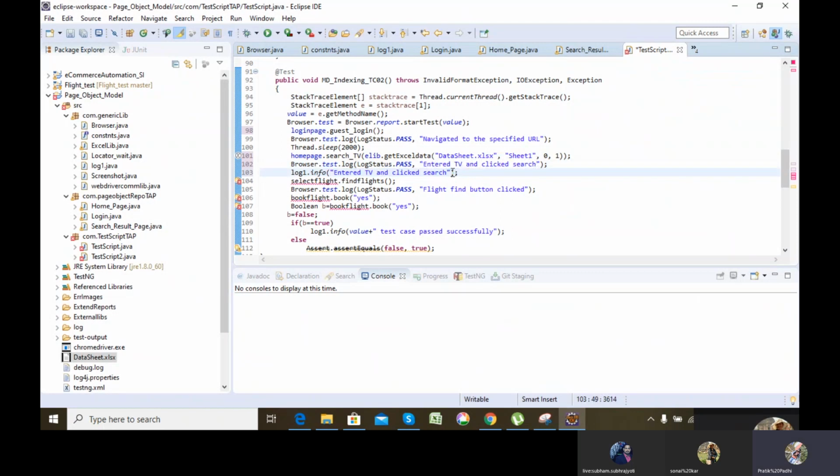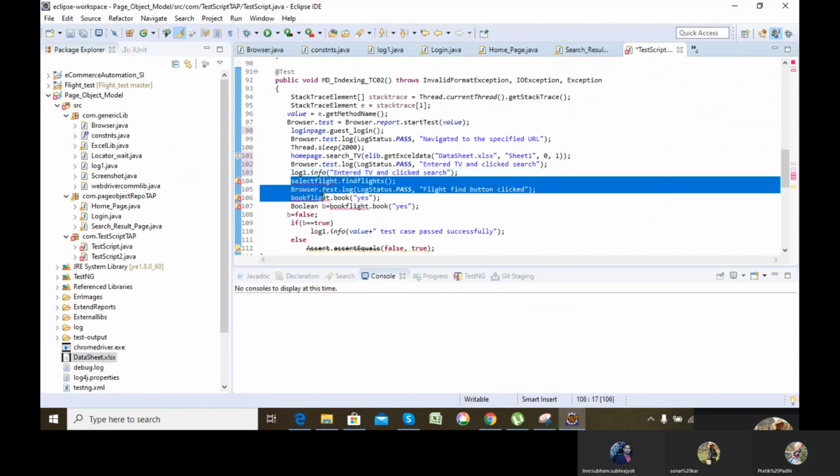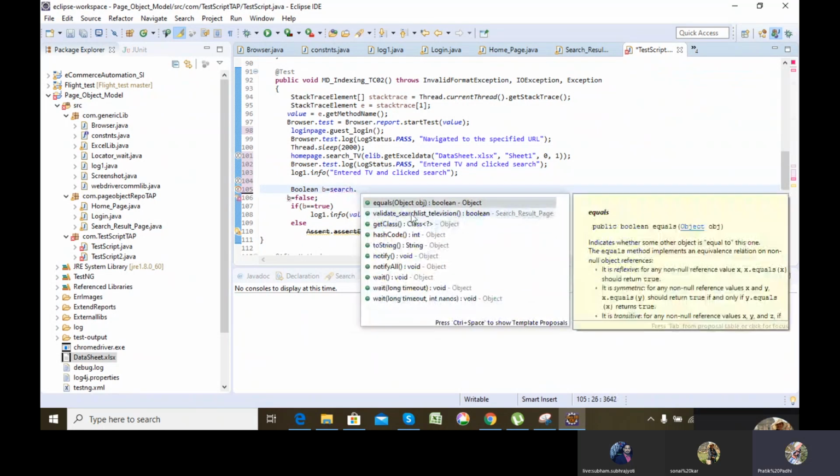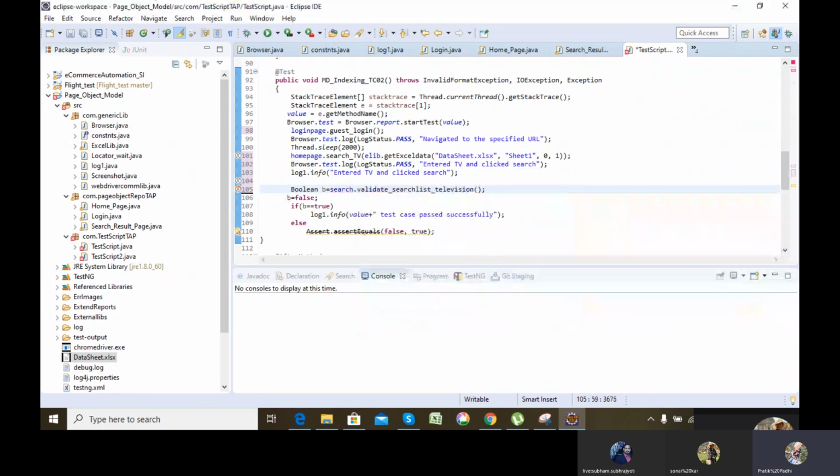Okay, now this is done. Now what I'll be doing is just calling that search function, let's say search dot validate search result television. It will return me true or false according to the result obtained.